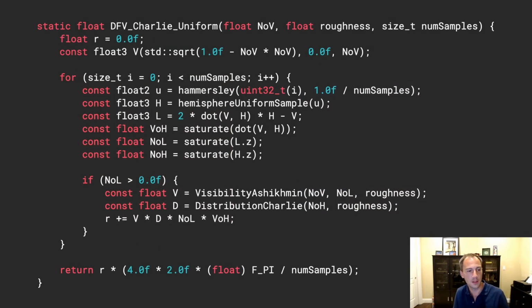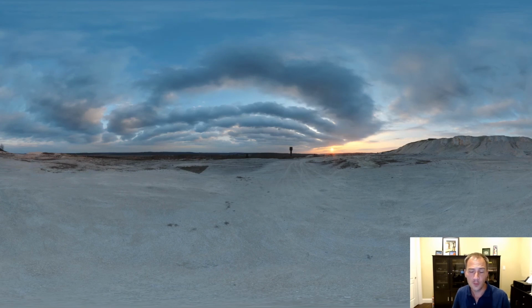We'll publish the slides so you can look at it. It looks very similar to what you would do for the regular lookup table. Of course, we should convolve the environment maps with that new BRDF. In theory, we should need a second set of IBLs, of mip chains, for that BRDF. But again, it's not practical in terms of storage, memory, and performance on mobile. So we don't do that. We reuse what we already have.